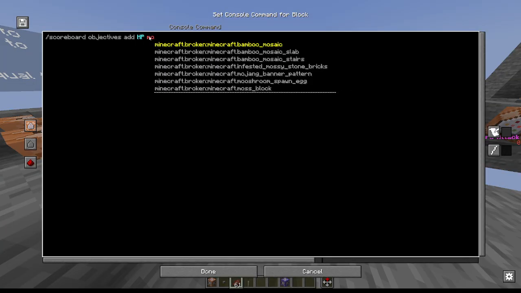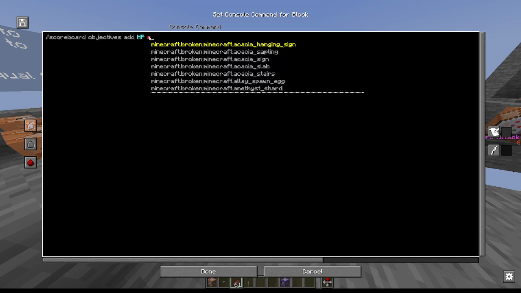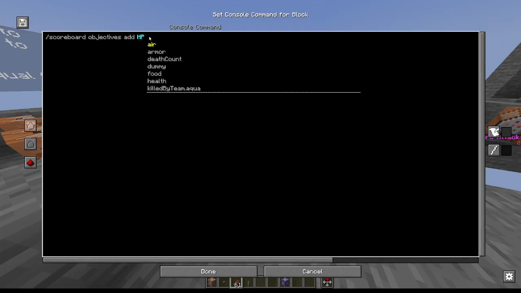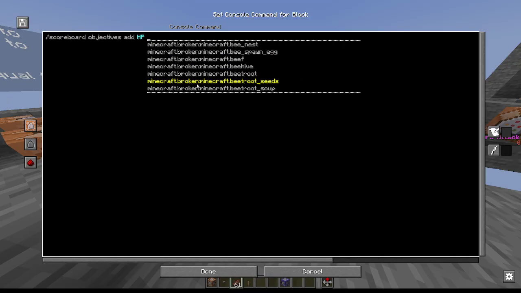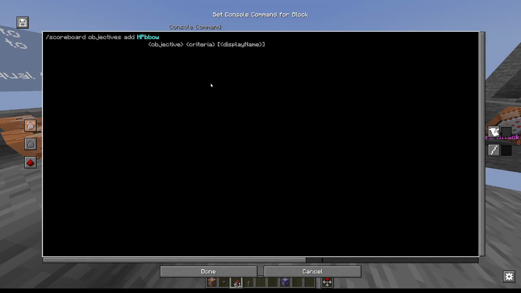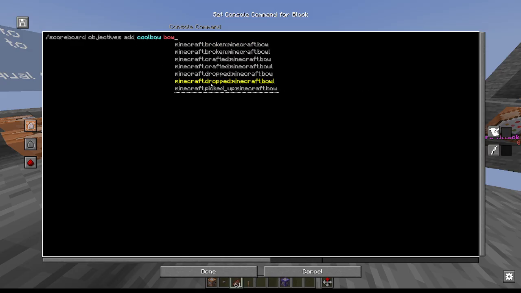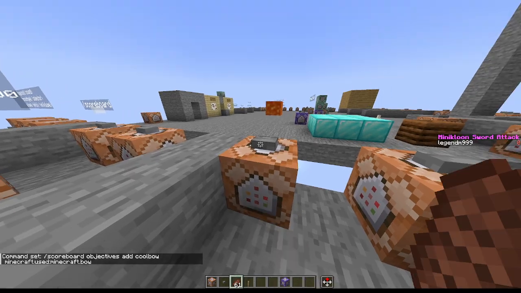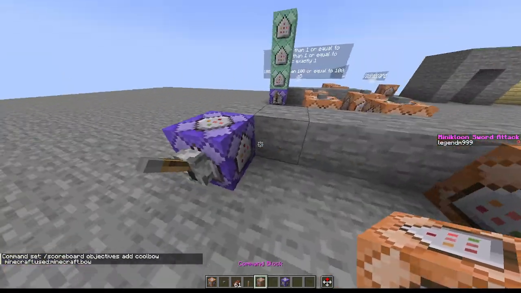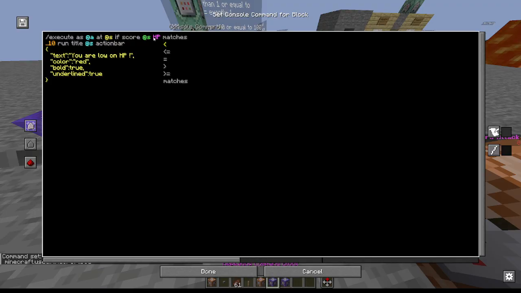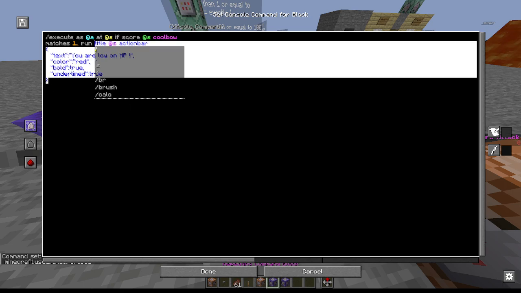We have armor, hunger. If you kill someone, mob kills, jumping, sprinting, sneaking, walking, swimming even. So you have a bunch, breaking, using, let's say even like a bow. Bowman, let's cool bow. And then let's just say bow. You use a bow. You add that. We don't care about the display anymore, remember? So if cool bow matches more than one, run